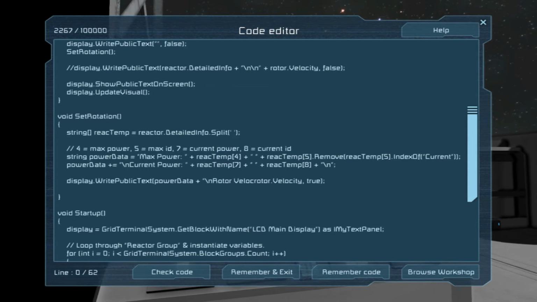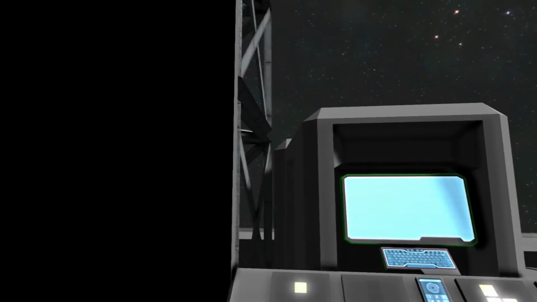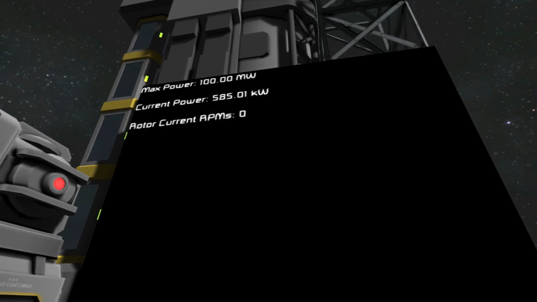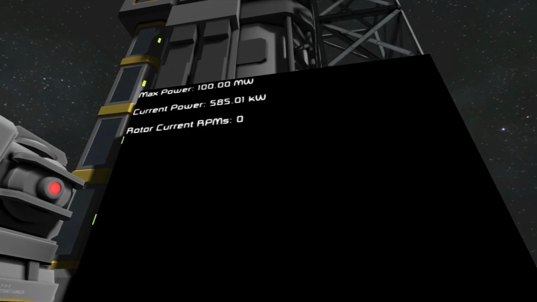Rotor velocity, current RPMs with a colon, and then add that in. No problems. Alright, so that works. We've got what we need there.